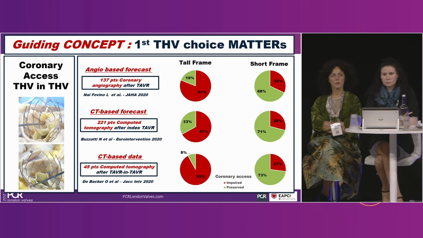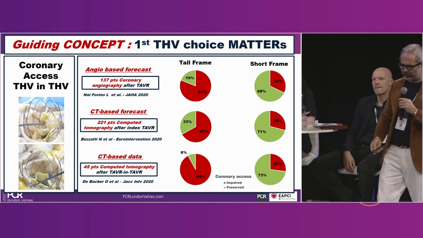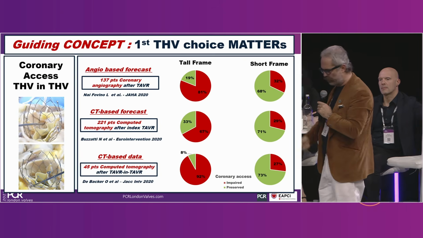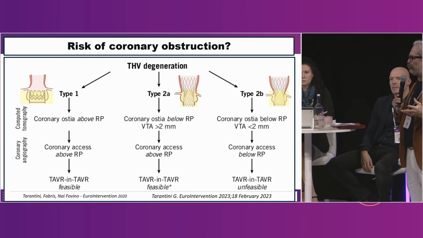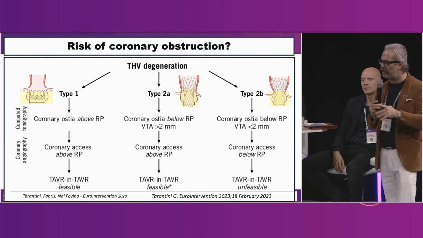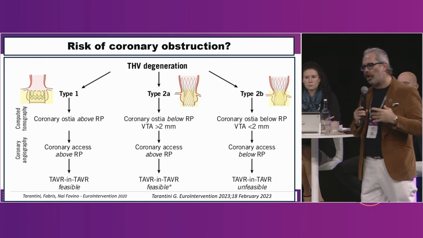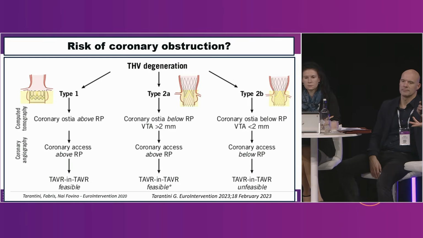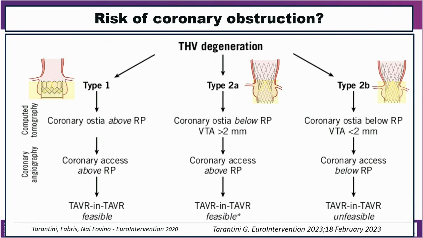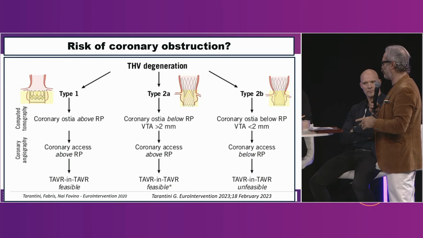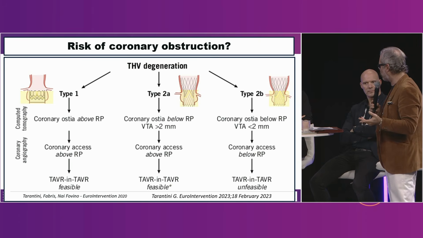On the other hand, the short frame, like the surgical valve, actually permits an easier coronary access that is impaired only in 1/3 of the cases. So, to simplify, but I think it's important to simplify our practice sometimes, we can identify 3 different types of coronary, let's say, impairment. The type 1 is when we have a short valve, like the surgical valve. You don't have anything in front of the coronary, so it's quite easy to think that when you go with a second valve, mostly if it is oriented, might be an easy access.